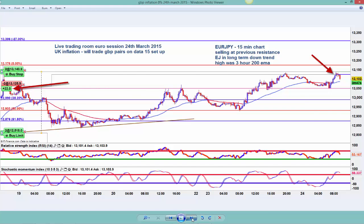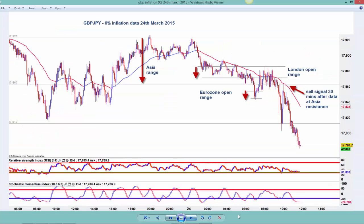This is the long. That's the way I've marked up the pound yen. I didn't take this because it was sloppy in the open. You can see this was the Asian range, that was the London range, the open range, that was the whole of the Asian range, that was the opening bar, that was the opening Central European session. So we